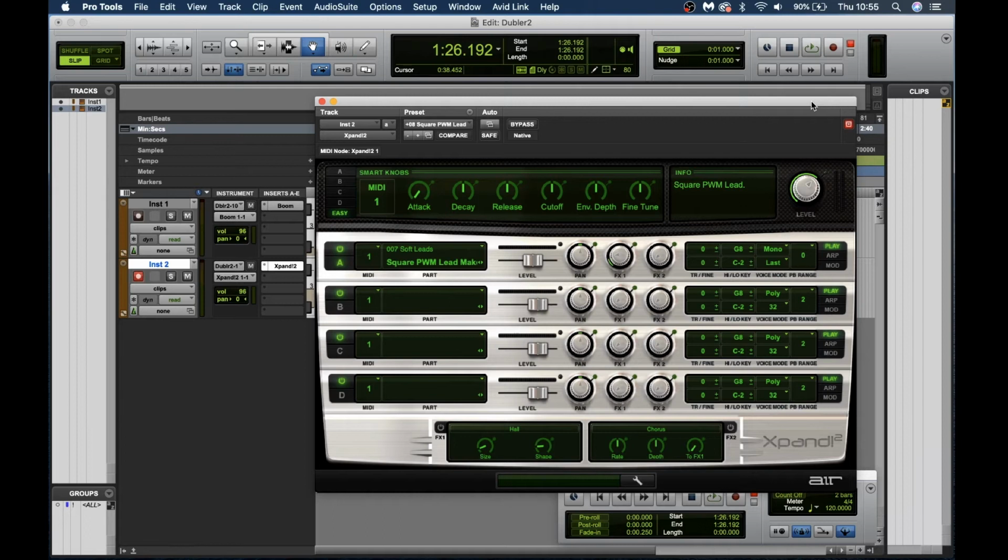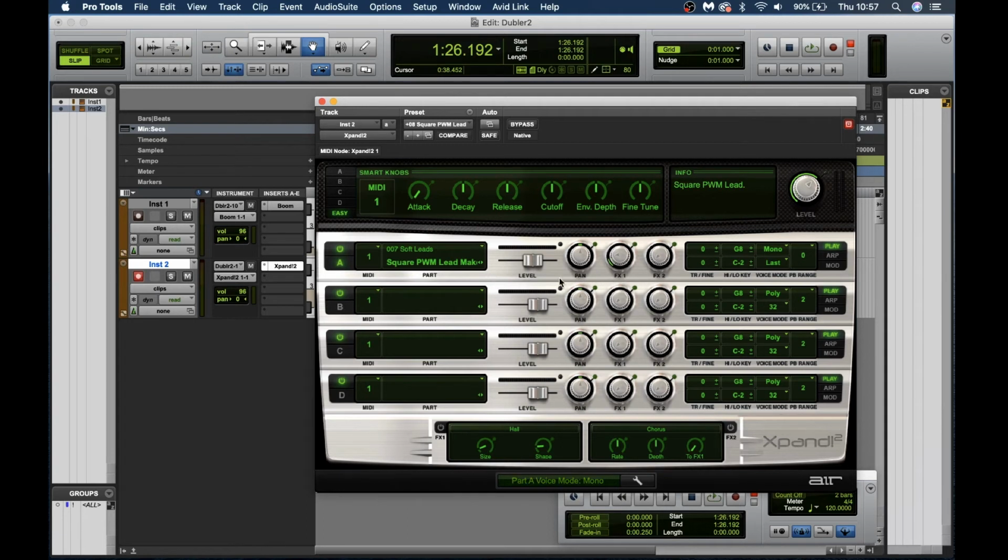Particularly in Expand in Pro Tools you may find that some of the parameters are moving about as you're singing, and this is because there may be CC mappings already allocated for control dials in Doubler. If you want to stop this behavior, you can right-click on any parameter that's moving around and select Forget MIDI CC. But we'll talk more about control dials in just a second.